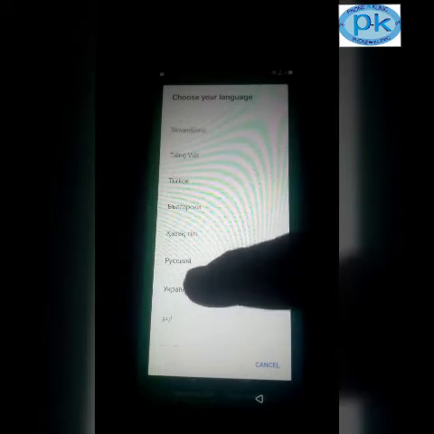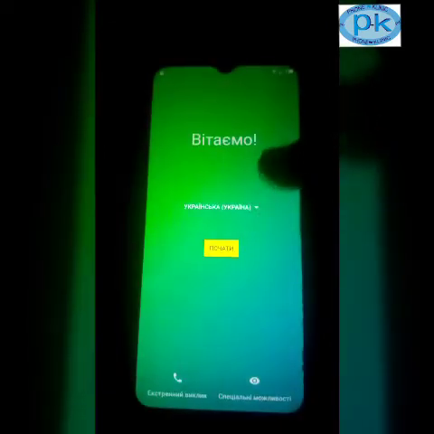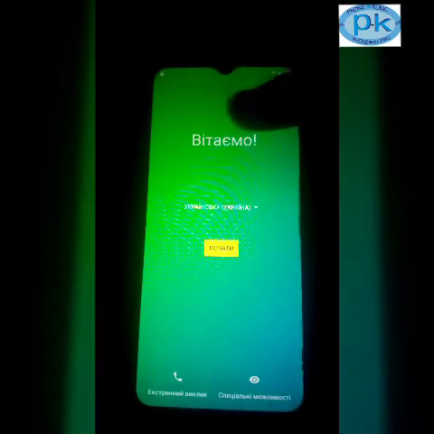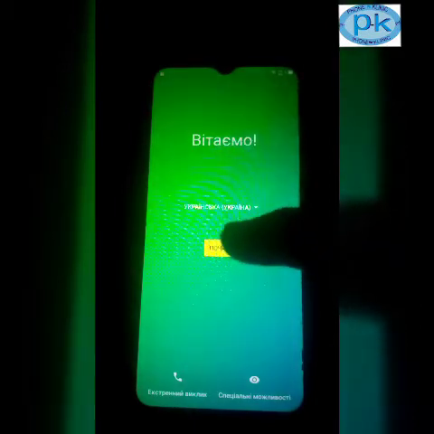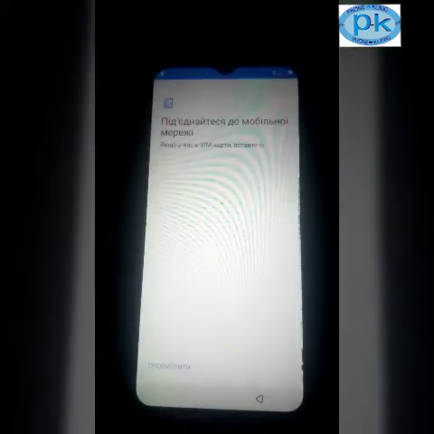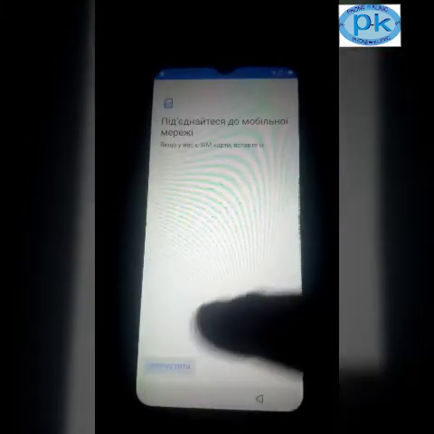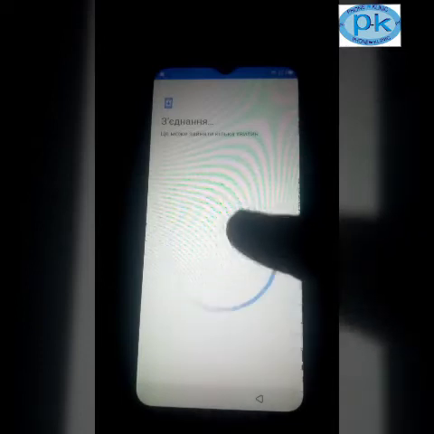Like that, you select. After selecting, you see this right up here. Then you click the yellow button. Then you click. And then